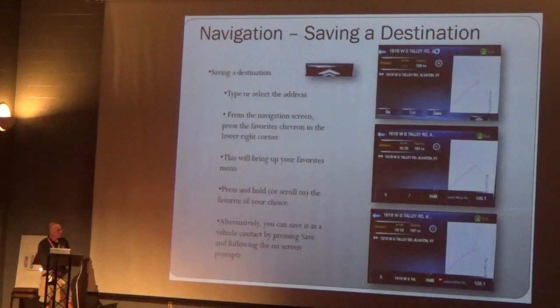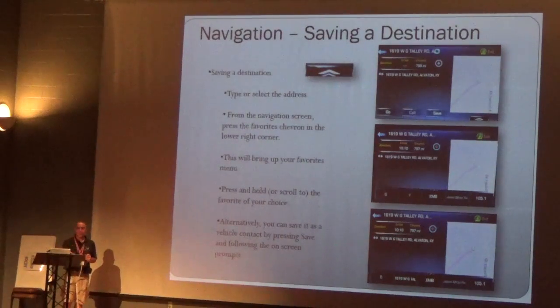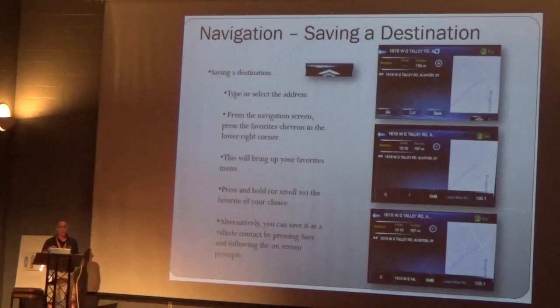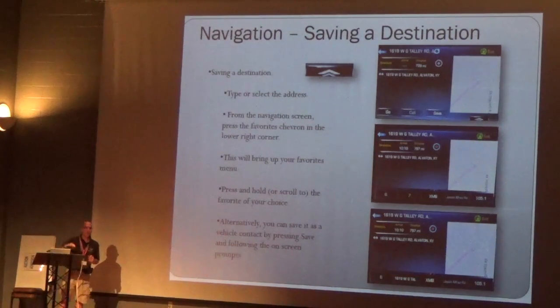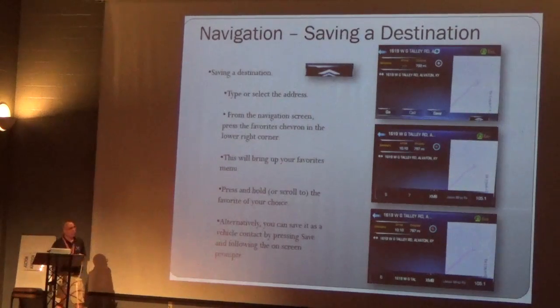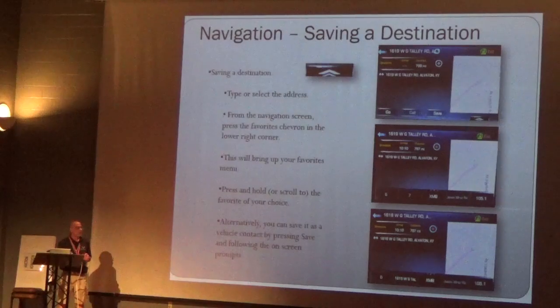Press and hold the favorite that you want to store it to, and you will see the address now appear on your favorite. So now when you want to navigate to that from any subsystem in the infotainment system, if you're on music, if you're on phone, if you're on XM radio, if you're on a media SD card or a USB device, if you want to go home, swipe up or hit the chevron to bring up the menu